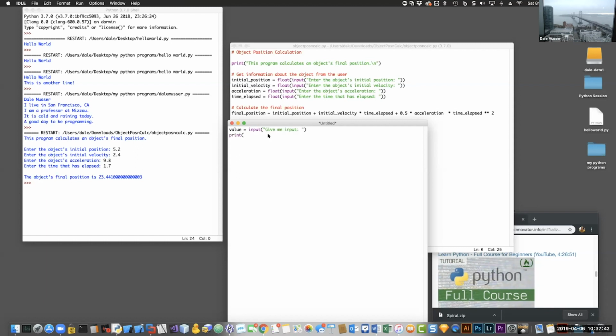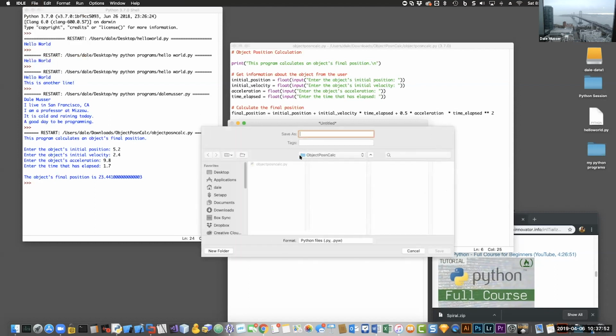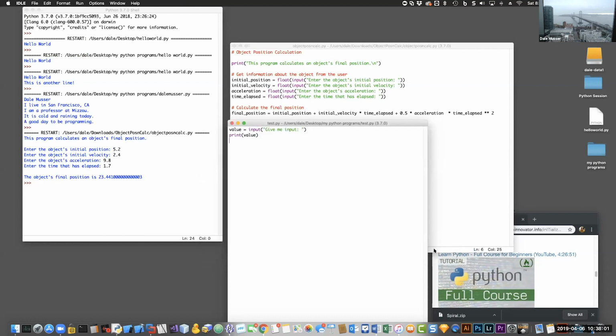And then after it, I want you to put print value. And we can save this in my Python programs as test.py. This is a little experiment. I want to understand how input works. I want to understand how a variable works here,